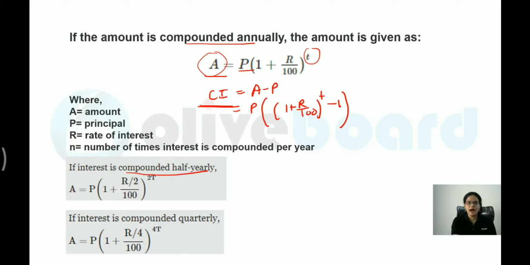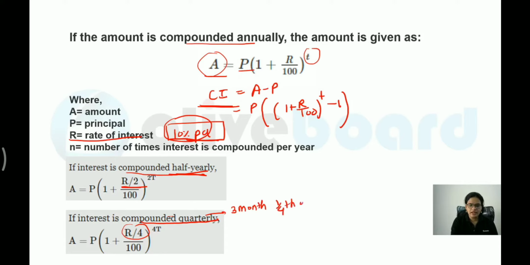Now when you are saying half year, your rate of interest is always mentioned as per annum. For example, 10% per annum. Annum means year. So this value for rate of interest is always for a year. Now when I'm saying half year, it will become half, so instead you have to write R/2. When you are saying it is compounded quarterly, the rate of interest will become 1/4th. A quarter is nothing but 3 months, or 1/4 of the year. Are you getting my point? So accordingly, you have to make changes.